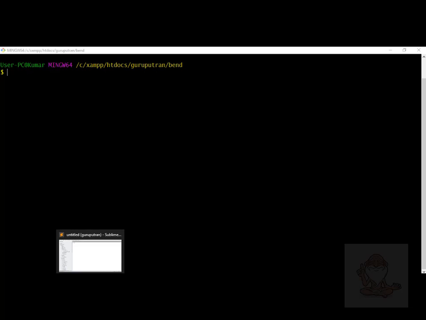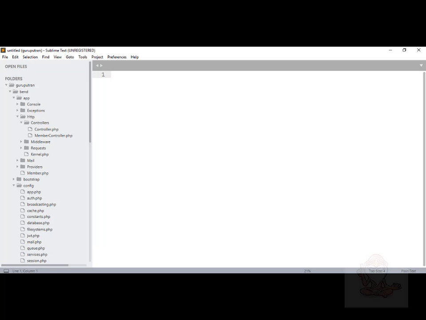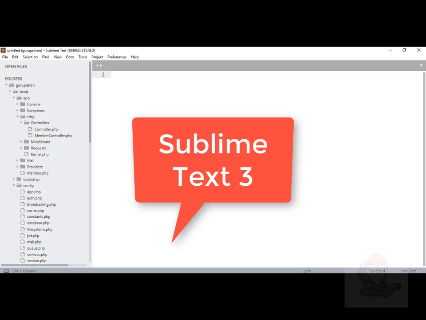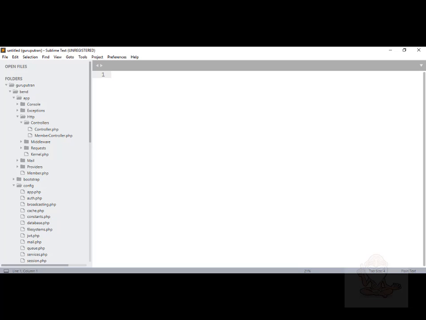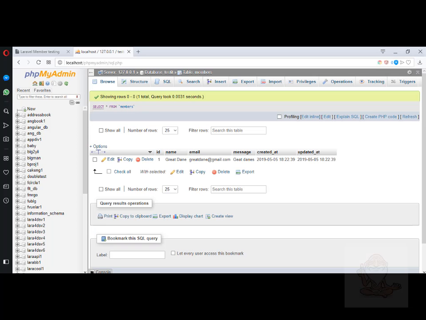Similarly, you need to have a good editor. I would recommend Sublime Text, but it is your choice. Sublime Text is a very user-friendly editor and it is so powerful. And of course, you need to have a browser. Currently, I am using Opera browser.